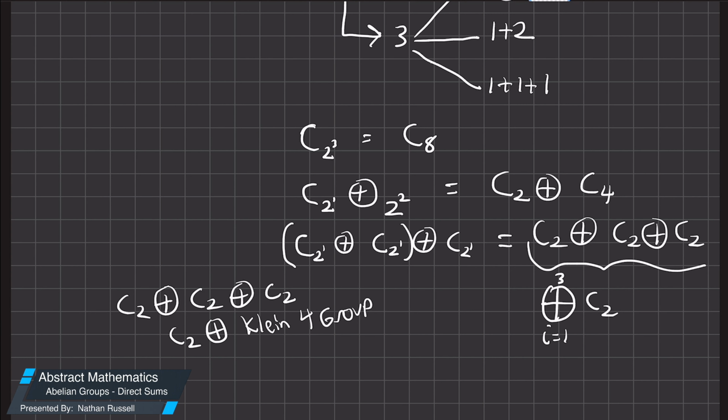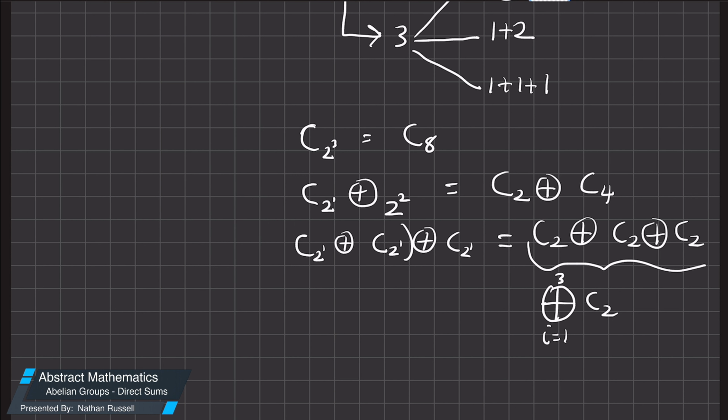So what I recommend is that for now, let's not get too bogged down into things, and let's just keep things kind of simple. And I'll erase this just so we can get the mess out of the way. So this was C2 to the first, direct sum, C2 to the first, direct sum, C2 to the first. Great. So for now, don't worry about associating them, other than just remember, when you have the direct sum, you